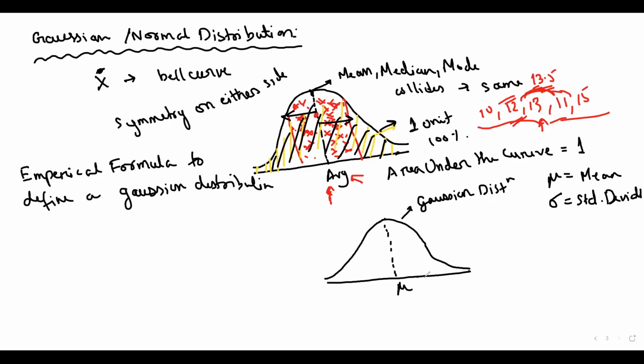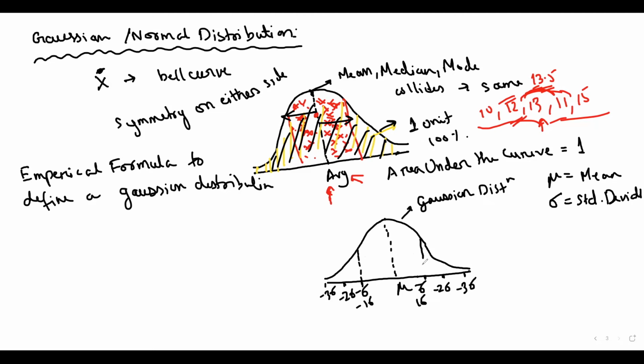Okay, so let's say this is sigma, this is second, and this is third. Similarly here, this is sigma and this is third. What actually I'm trying to say here? So sigma is nothing but standard deviation. So this is for one standard deviation. This is one standard deviation. This is second standard deviation. And this is third standard deviation. What actually are they? So it says that